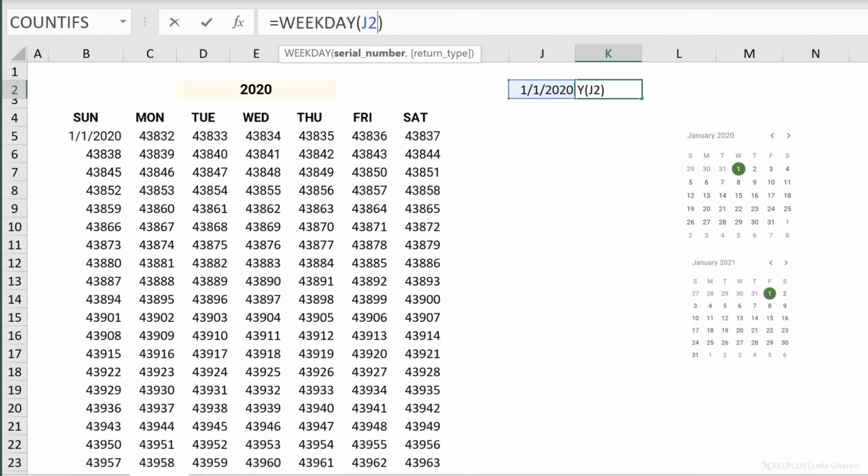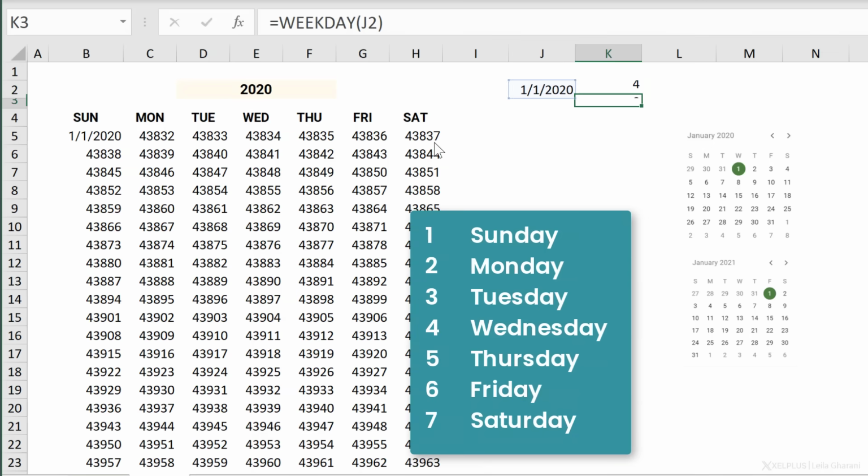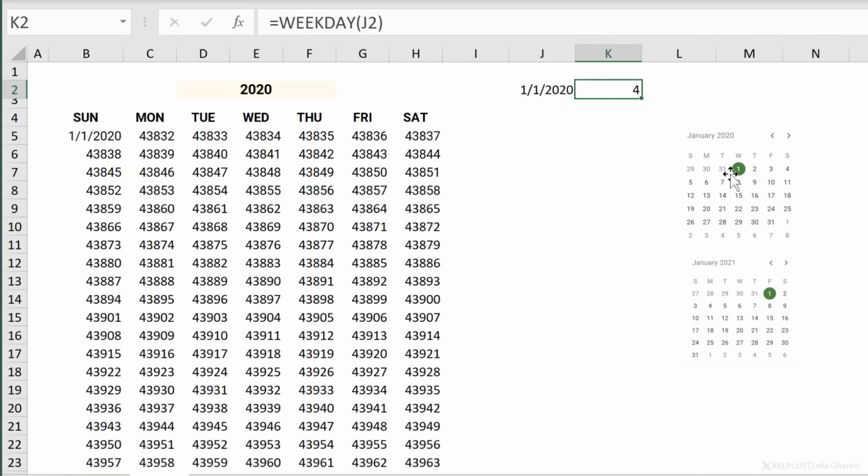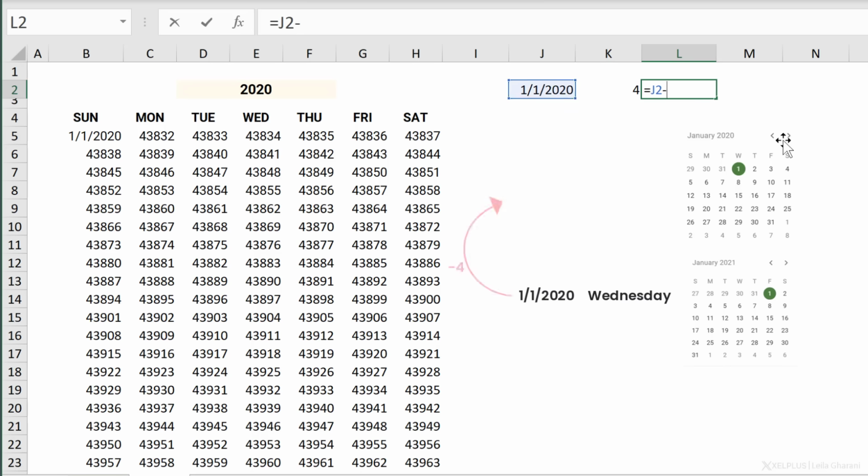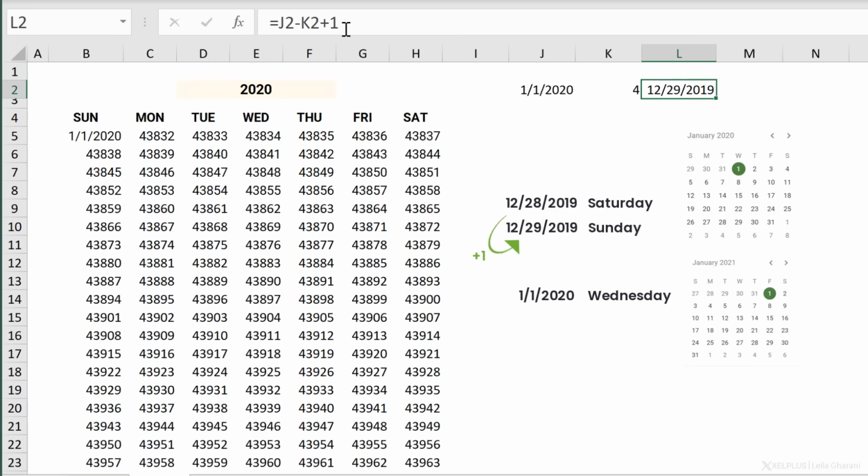When I skip it, it means go with the default, but I need to somehow figure out the date for Sunday. Well, all I need to do is take the first day of the month and deduct the 4 here. Now, does that do the job for me? I get a date back. It's the 28th of December. Well, if I go 4 back, I'm going 1 extra day. So I have to adjust it by 1. So I'm going to add a 1. And that's the first Sunday that's going to show up on our calendar.